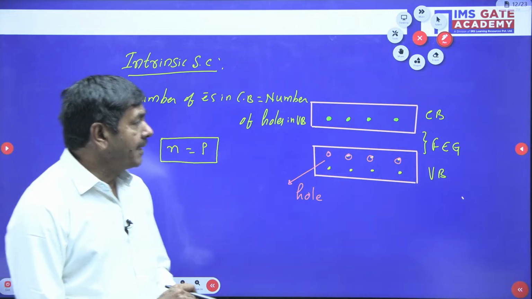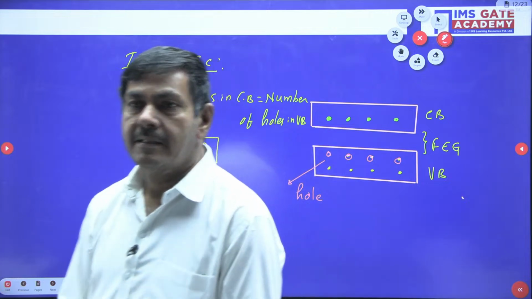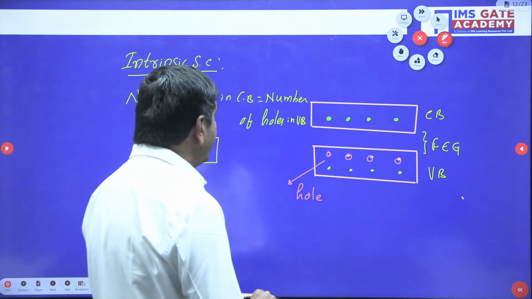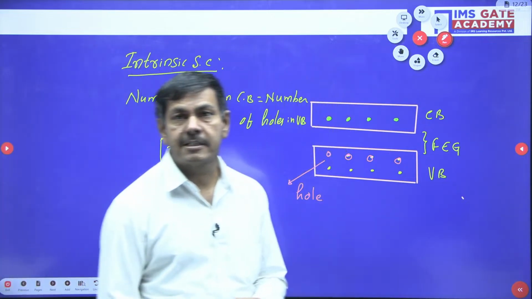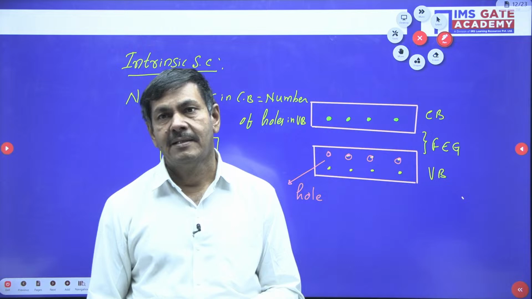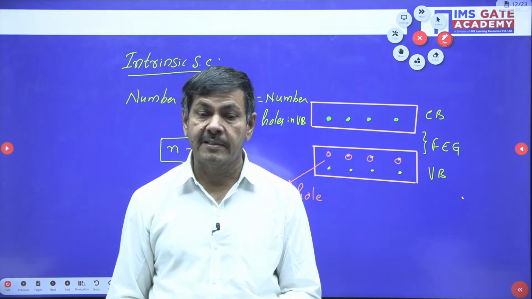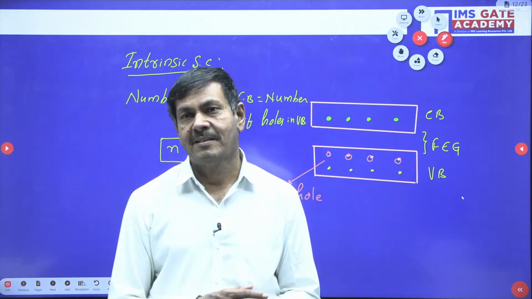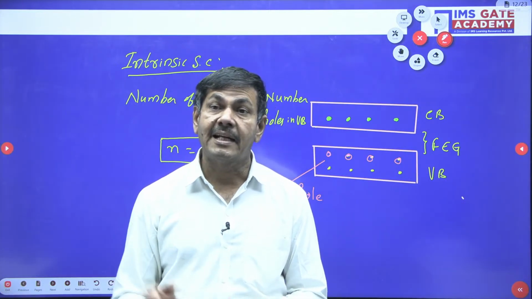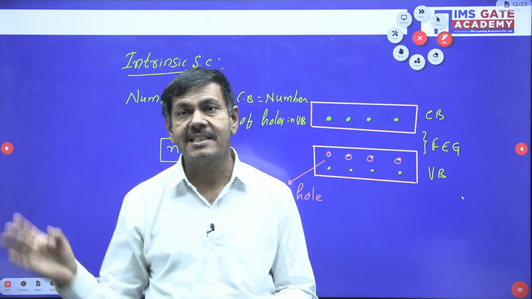But practically, are we using any intrinsic semiconductor in designing electronic devices? We are not using it, because the conductivity in an intrinsic semiconductor will not be high. That's why we are using extrinsic semiconductors, where some impurity is doped. Because of the addition of the impurity, the conductivity of the material increases more and more. That is why extrinsic semiconductors are selected.